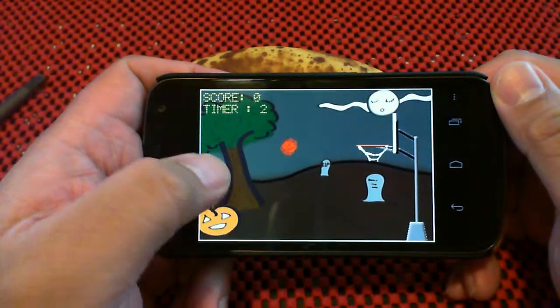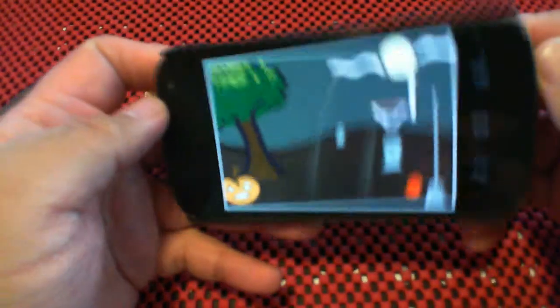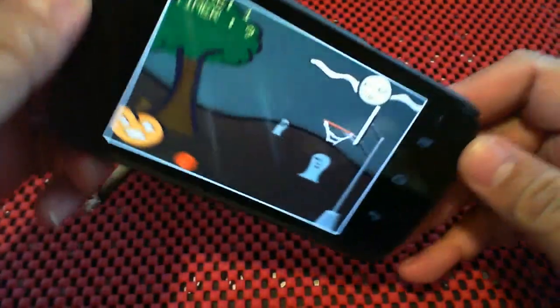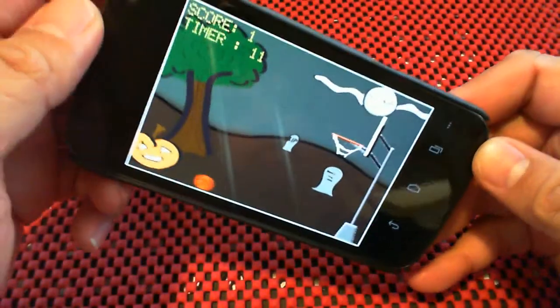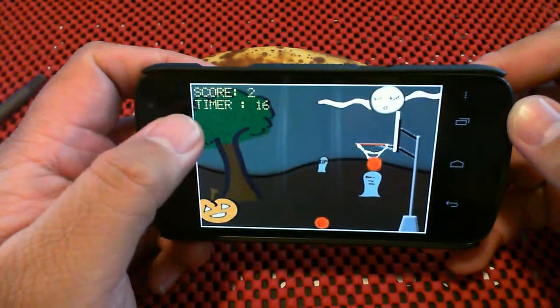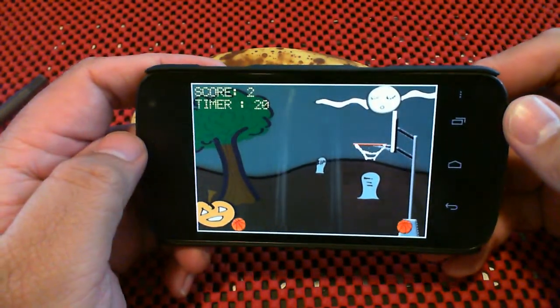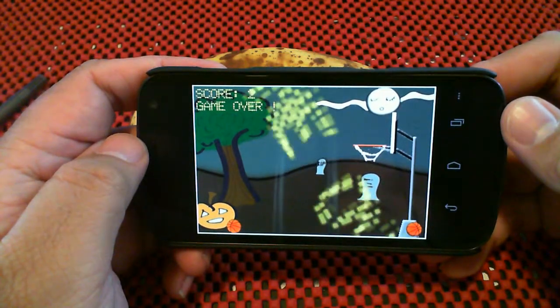You just touch and drag, and you can see there's a gravity vector that is affected by the accelerometer. It's taking input from both touch and the accelerometer. You can see the timer up top, 14 seconds, and I scored twice. I'm going to leave it at that for the first try to show you that at the game over screen